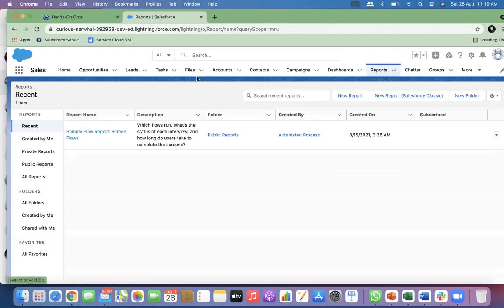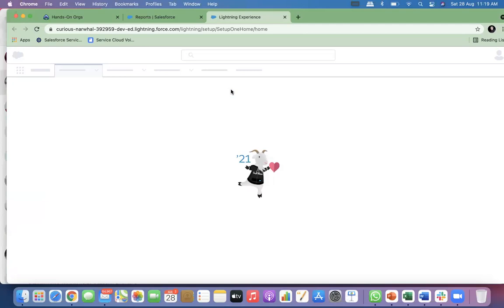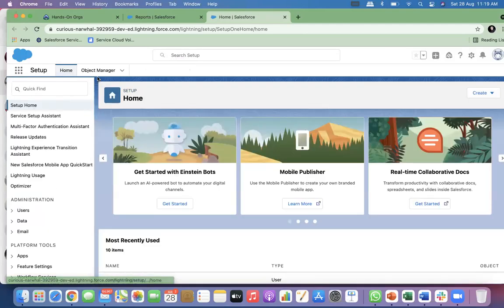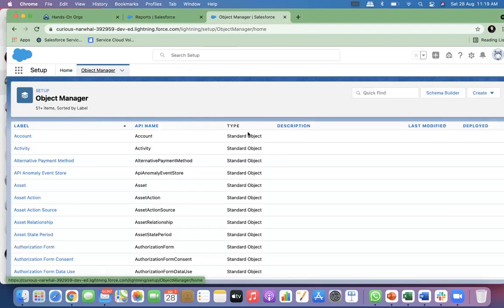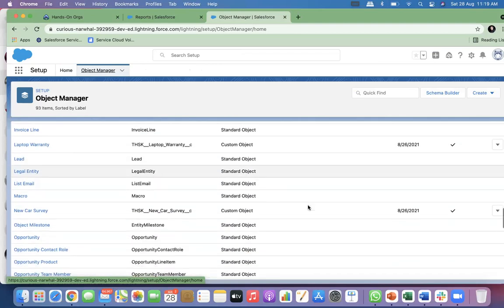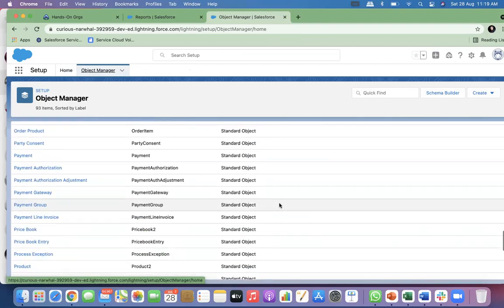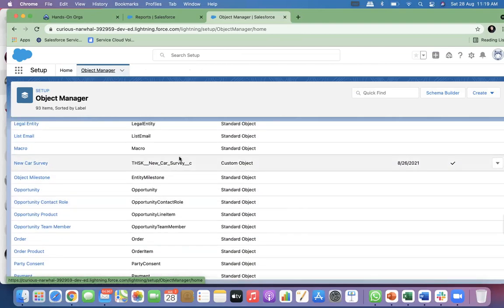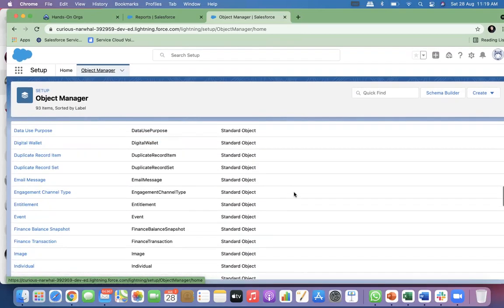If you have created a custom object, let's see where there is a custom object. There is a custom object here, right? Maybe this is also a custom object. Let's see this too.